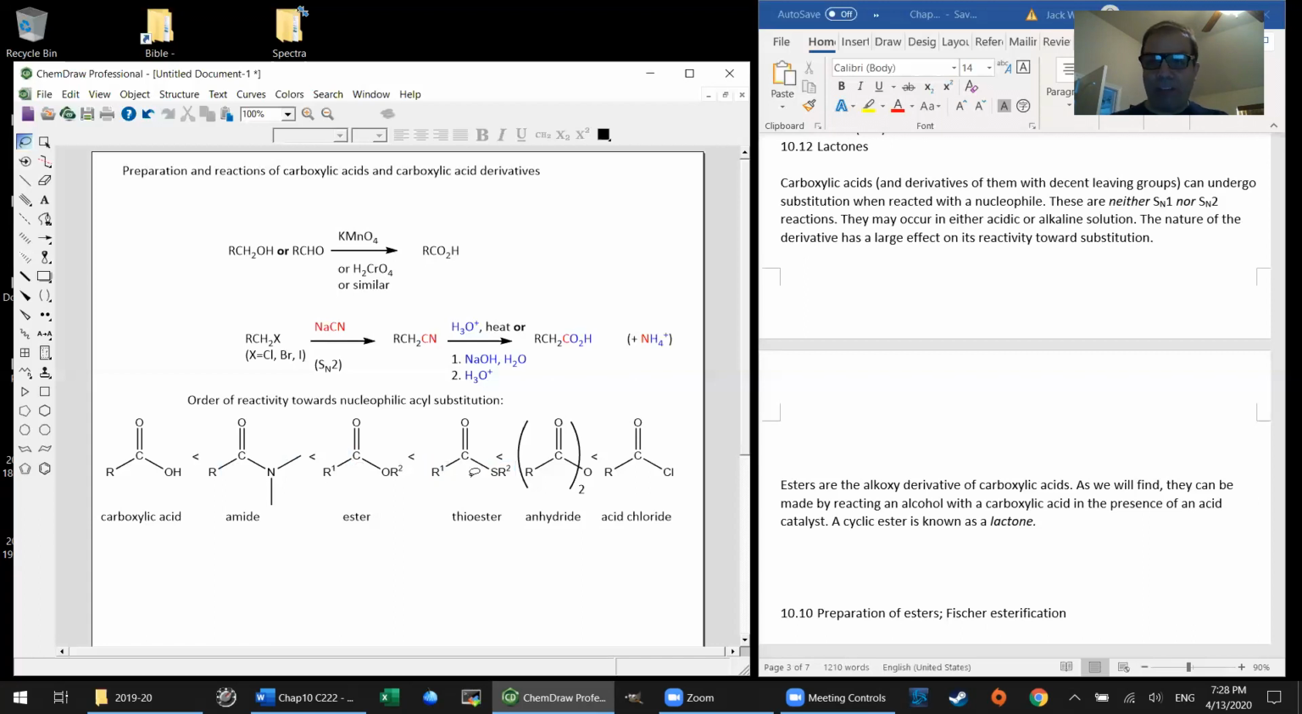Then comes thioesters. And I don't know that we're really going to be dealing with thioesters. I only mention thioesters because you'll run into them in your biology classes. Thioesters are pretty common intermediates in biochemical pathways, such as our old friend acetyl coenzyme A. That's a thioester. After that, you get to acid anhydride, so it's an oxygen with two of these acyl groups on it. And then acid chlorides are only a little bit more reactive than acid anhydrides, but I would have to say